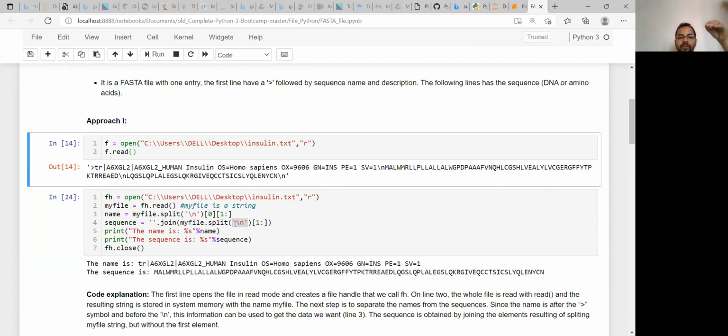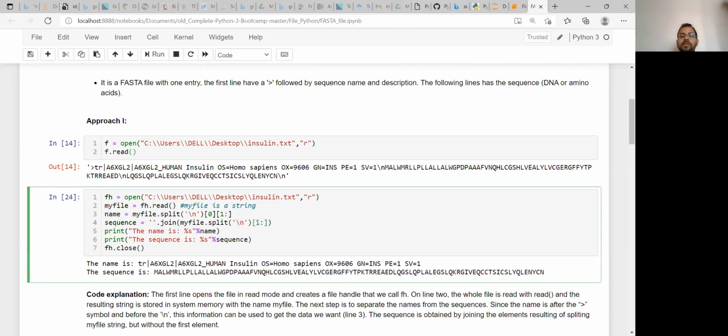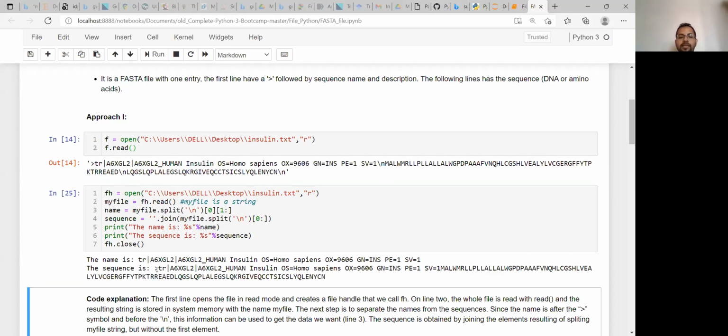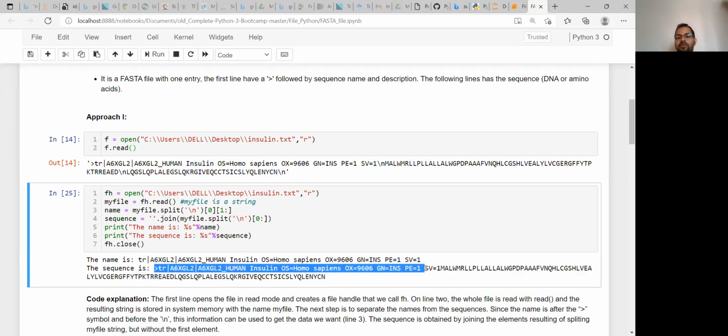And during the joining, you are instructing that you join from one element to the last element. So whatever elements are there, if you have thousands of lines, it will add those thousands of lines using this command. We are joining those lines starting from the one position. That means you are not including this first split part. So if you use 0, you can see that again you are getting the full sequence with the header line also. Is it clear now?